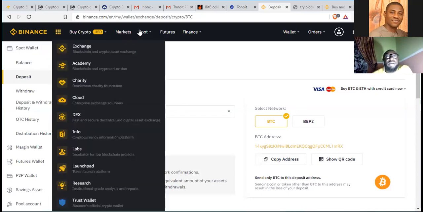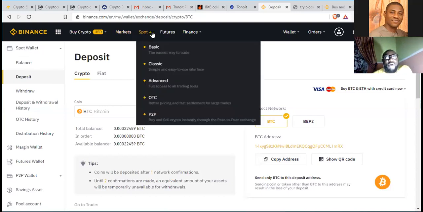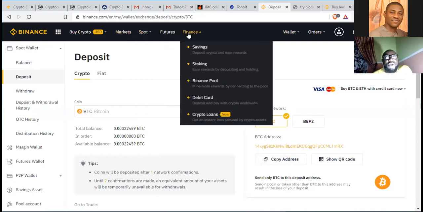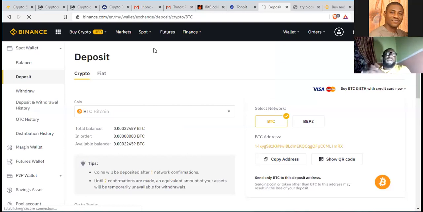In the market, we can do spot. We have the market, we have the spot, we have the future. Then under finance, we have savings and all the others that Binance has. But our own concern is spot. And we click on the basic. The basic gives you an interface that is a little bit simple that you can follow to